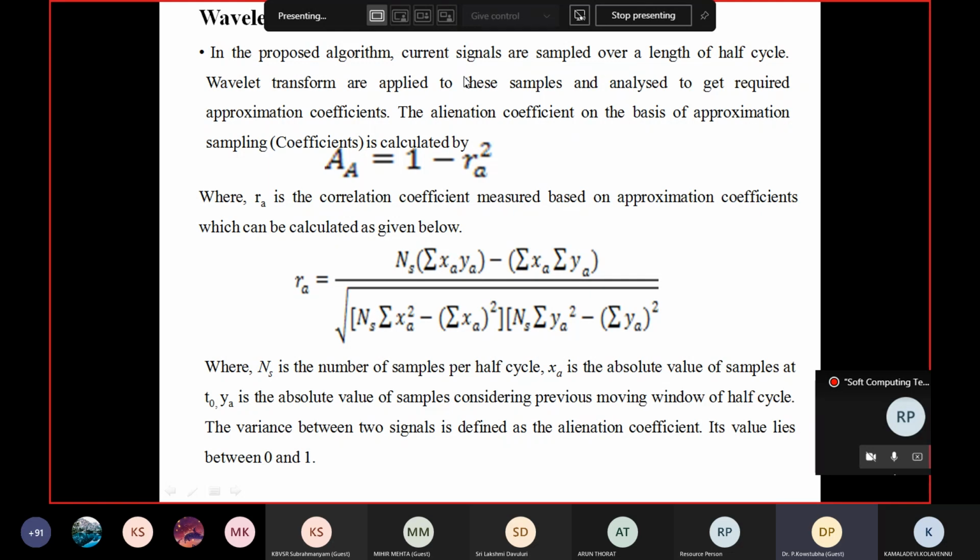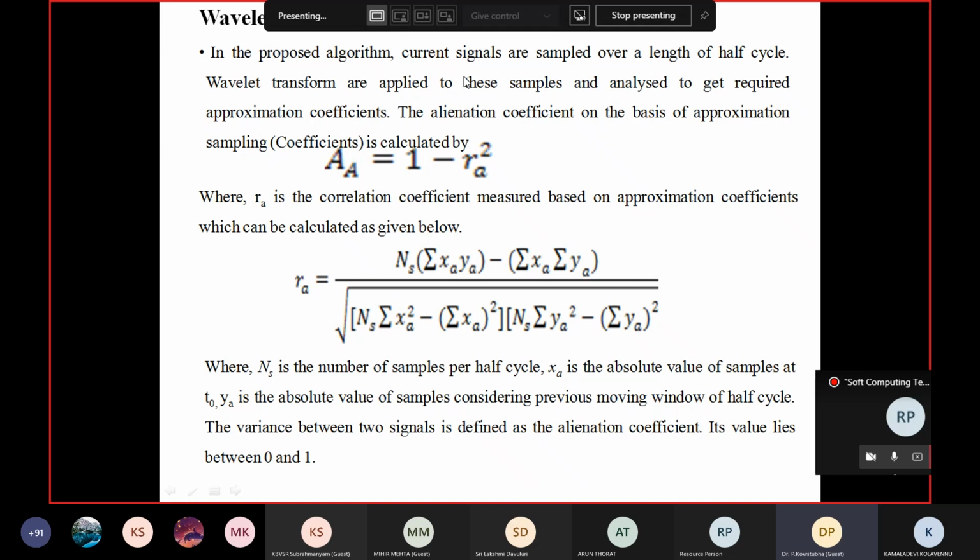compute alienation coefficients. That means here the alienation coefficients are treated as an islanding index in case of islanding detection and as a fault index in case of fault detection. The value of alienation coefficients continues to be 0 when the current window is compared with the previous window under normal conditions, without any disturbance, without fault or islanding conditions, in a healthy condition, the value of alienation coefficients continues to be